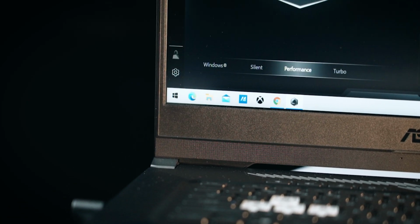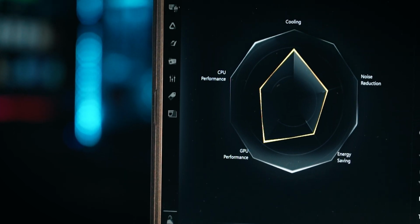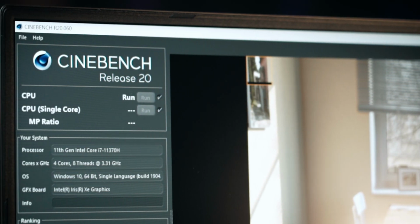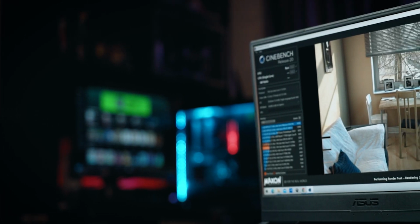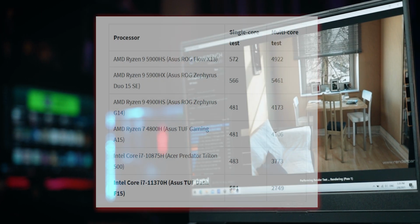Next, we have some of the shortcomings of the TUF Dash F15. Even though it offers really good performance, there is still room for improvement. The Core i7-11370H processor under this laptop is decent, but it is outclassed by AMD's Ryzen processors. I put the Core i7 through its paces in Cinebench R20, so just see for yourself how it compares to